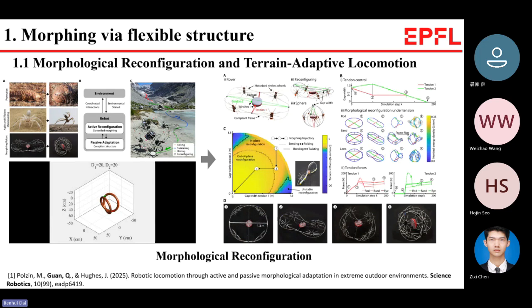And the band structure is stable and strong enough to bear the load and hold its configuration, but is too rigid to be deformed. And the lattice structure gets a good balance of both the flexibility and also the structural stability. With that, we can change its configuration in different scenarios,